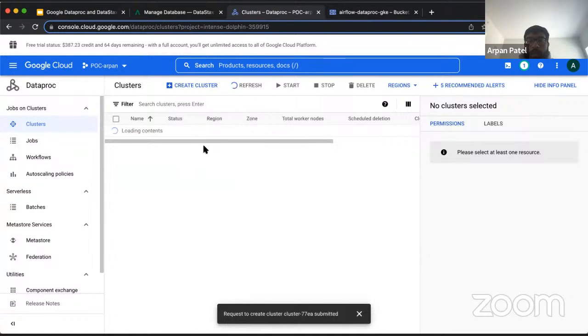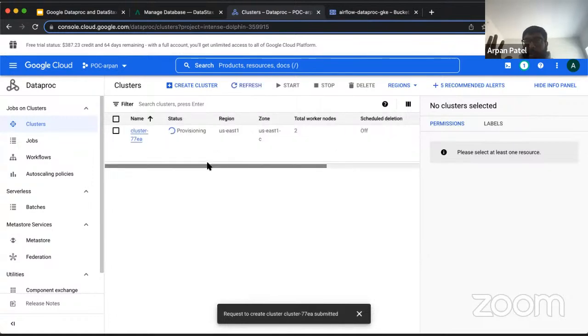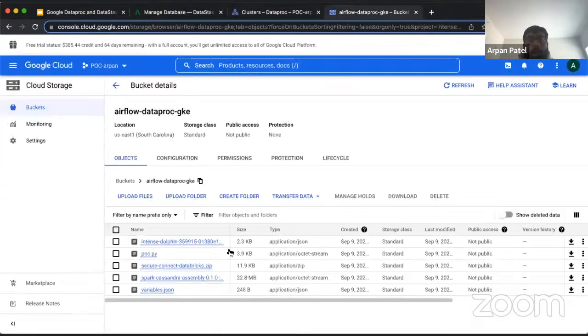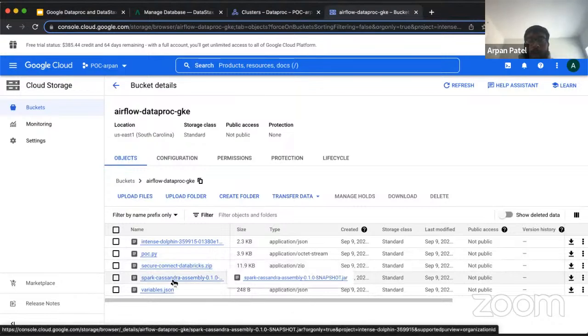And while this is running, again, as they mentioned, it only typically takes around 90 seconds, so this won't take very long. While that's happening, we'll take a look at my bucket. In this bucket, I already have my Secure Connect bundle, and I already have my jar. Again, this will be available on source control publicly on Monday. But for now, I already have my compiled jar, which does the